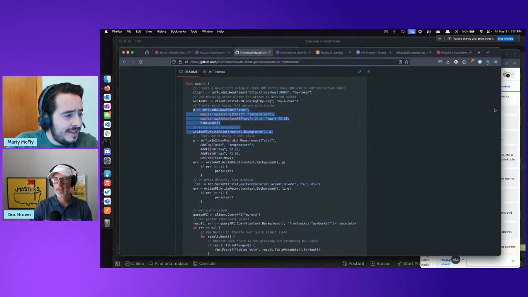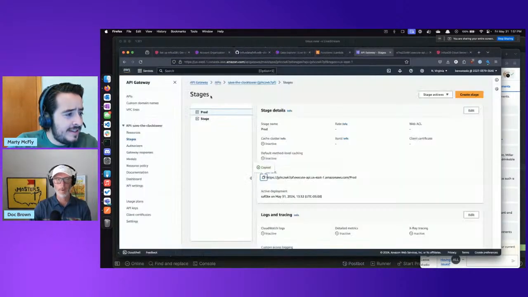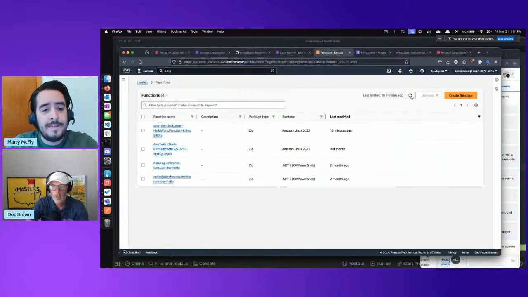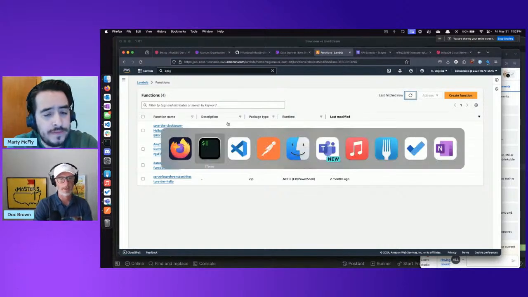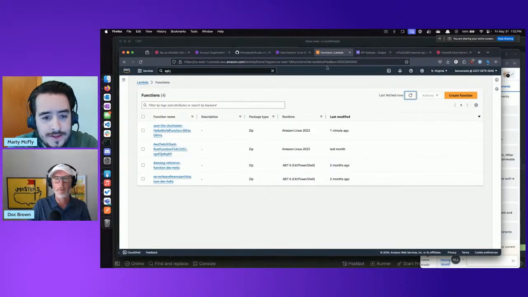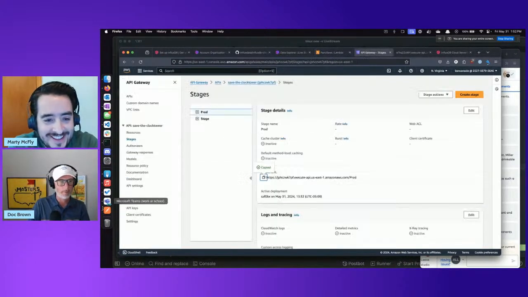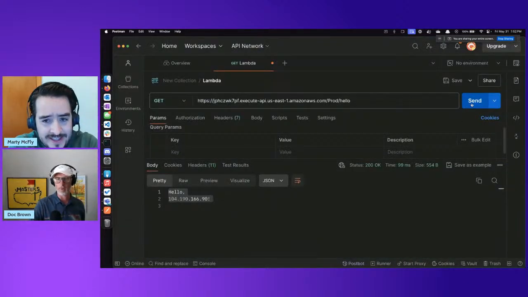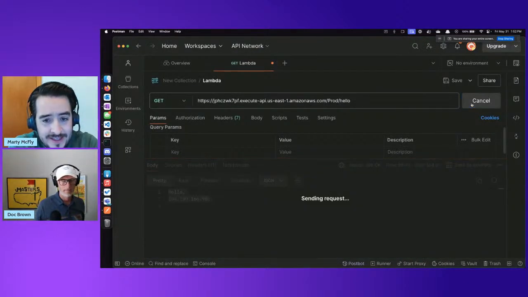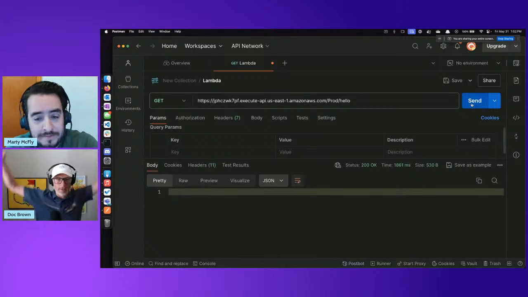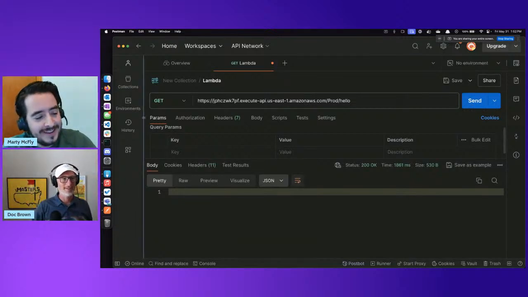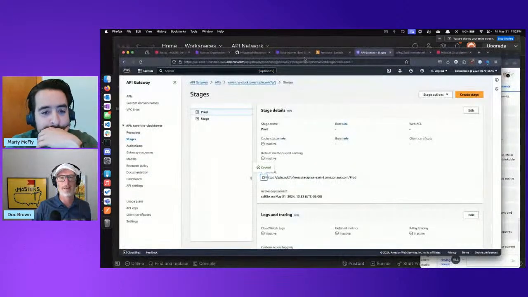All right, let's go back. So API Gateway, we should have a new Lambda function, which, by the way, really bothers me calling it Save the Clock Tower. I hate the naming, but whatever. So updated, we have a new endpoint. Let's see if I can create something. This should run. Oh, 200. Yes, we got a 200.